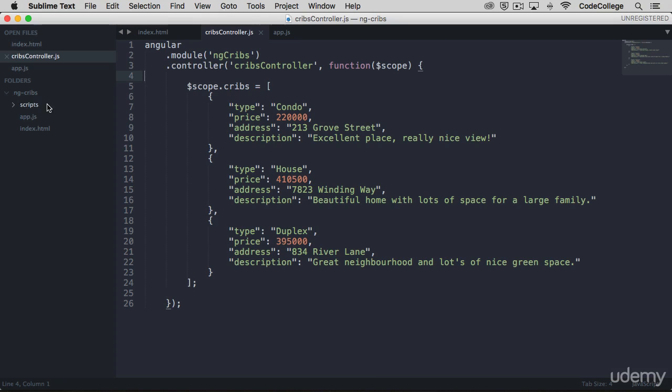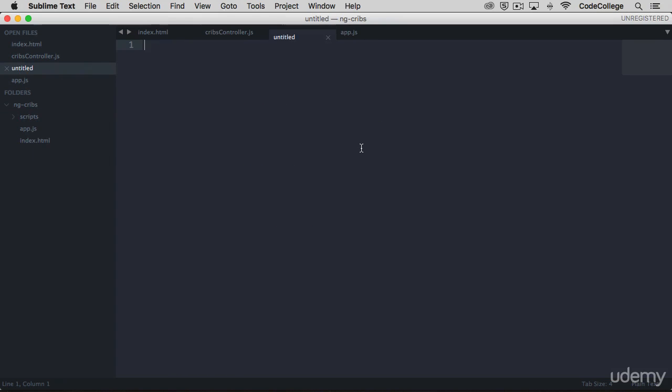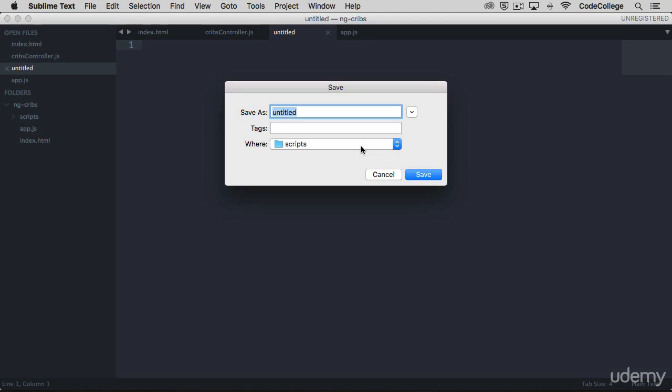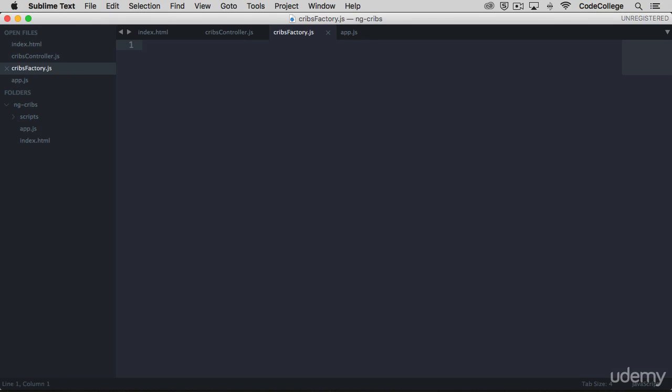I am going to come over here and create a new file within the scripts directory, and let's call this one cribsfactory.js. And we are going to create what's called a factory. There's a couple different ways to create services in Angular. We can use services directly, or we can create factories. We won't go into too much detail about how services and factories differ, but we'll use a factory in this case. And a factory is generally what you'll use when you want to create some kind of HTTP logic to